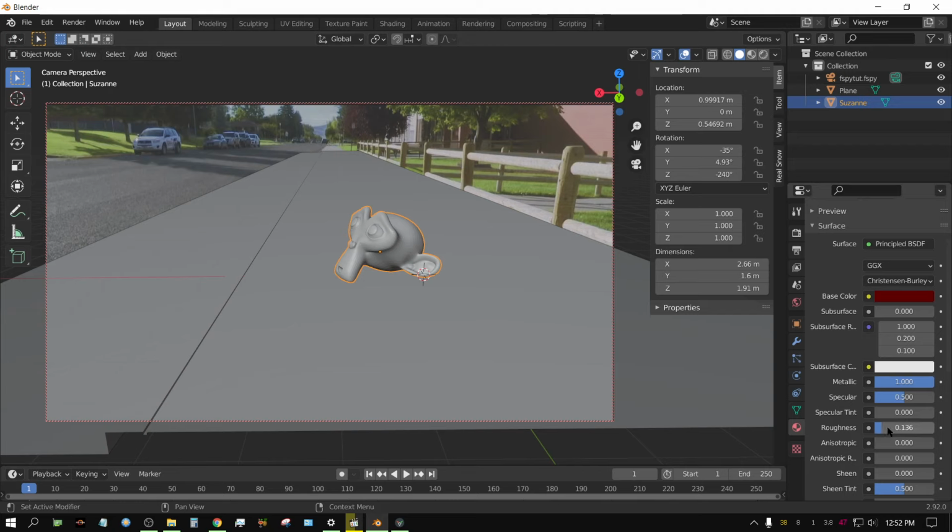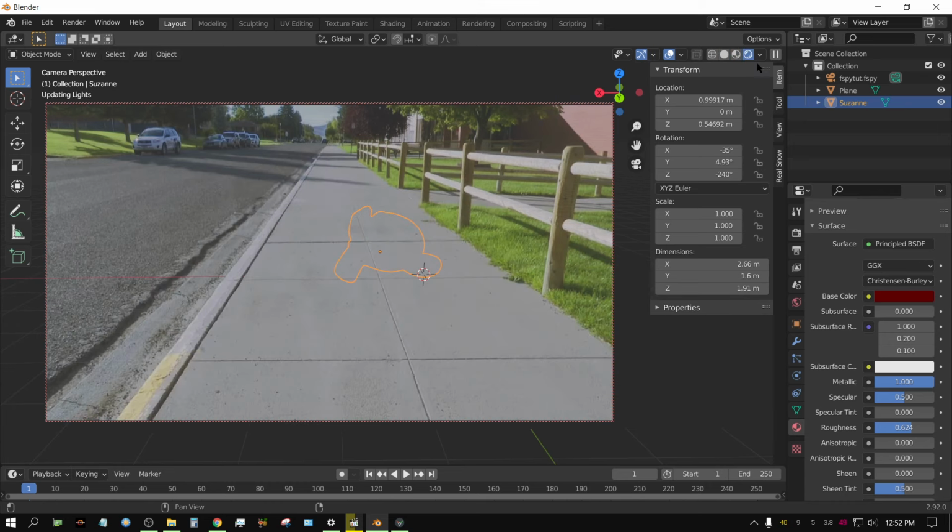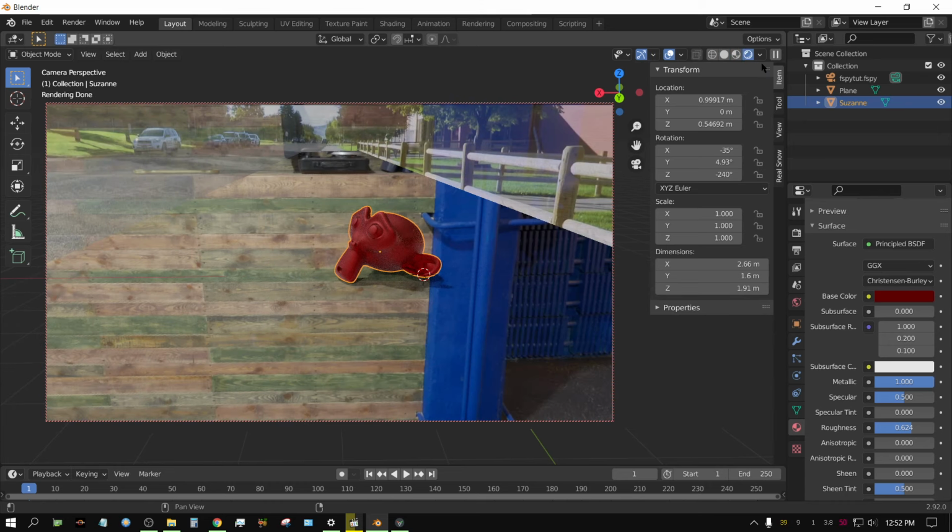Well, we don't want to make him too reflective because otherwise it won't look quite right, because we don't actually have an HDRI of this scene. And without an HDRI, the reflections of the trees and buildings and fence and stuff won't be there. So it won't look quite right if we make it too reflective. Alright. Now, if we were to put this in rendered view and look at it, as we can see, it does not look right at all. And the reason why it doesn't look right